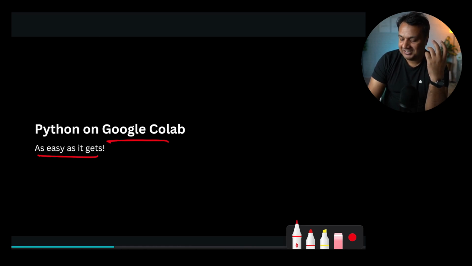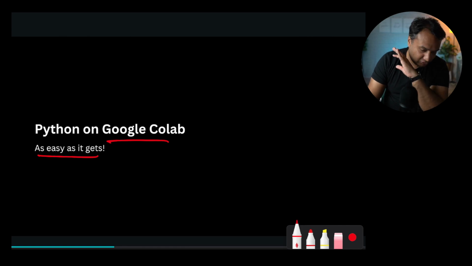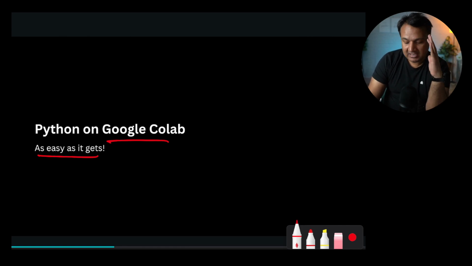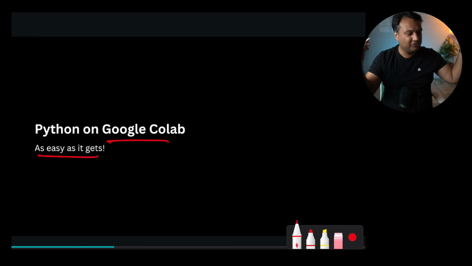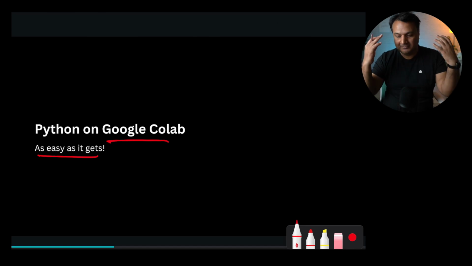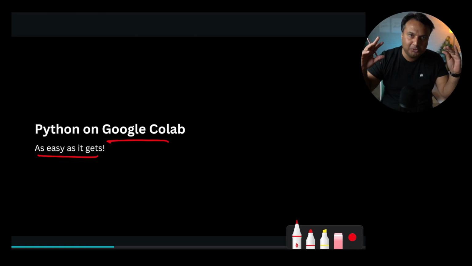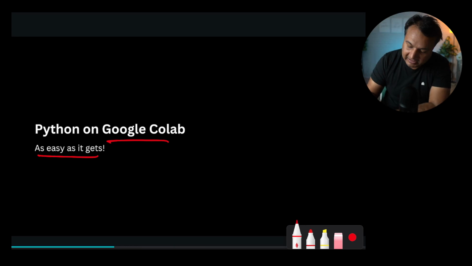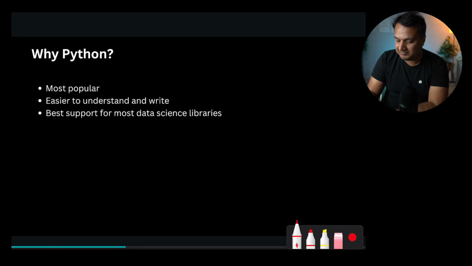And then Google Colab is adding more and more AI functionalities, which just makes it so much easier. Learning this stack now is at least, I don't know, 100 times easier than it was 10 years ago, when you had to install something and then you'd get errors and you didn't know how to debug. Now everything is on steroids. It is super fun, super easy. You'll see in a minute why I'm saying it.